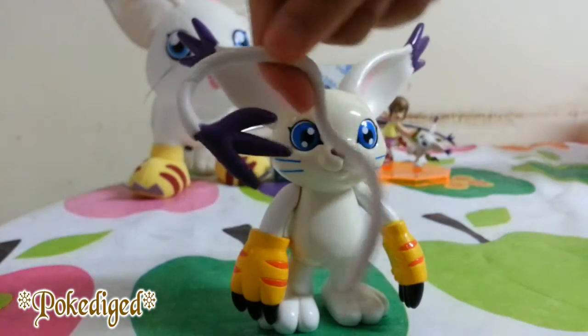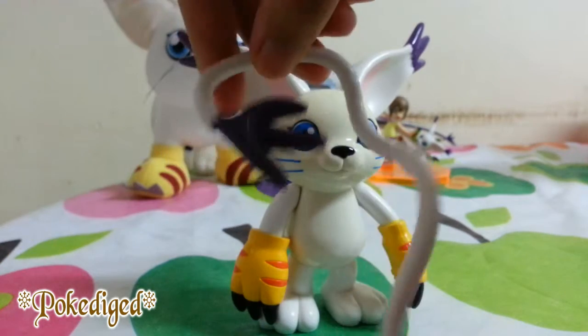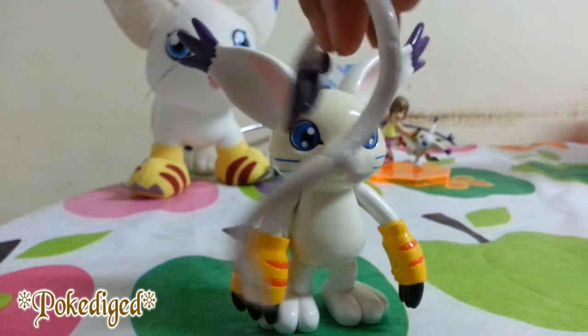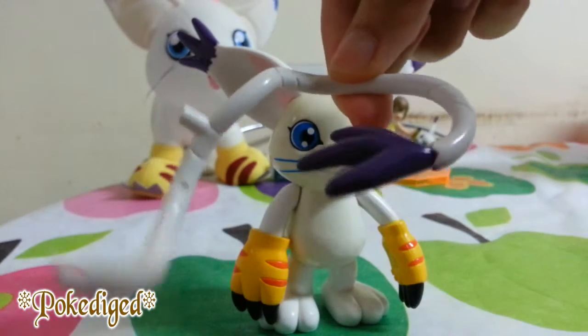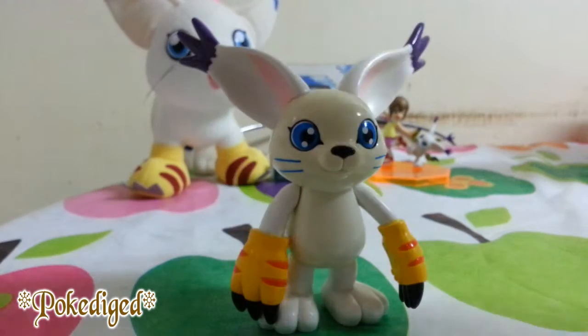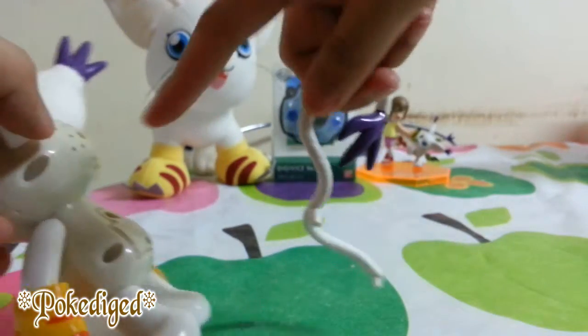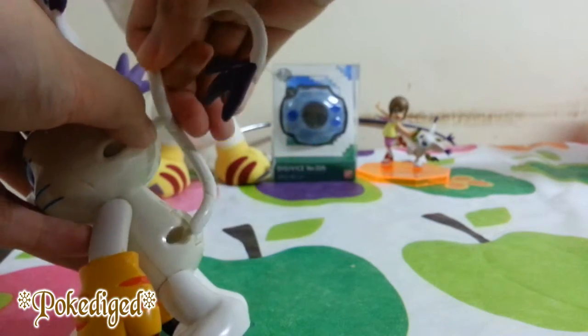And I'm showing you her tail right here. I know you'll be wondering, where is the purple stain on the scales on her tail? Well, maybe it's too old, they literally forgot to paint it, but overall I still don't mind. So just attach the 2 holes right here from this area and stick it to her head,